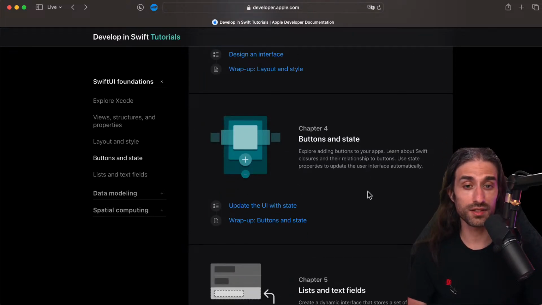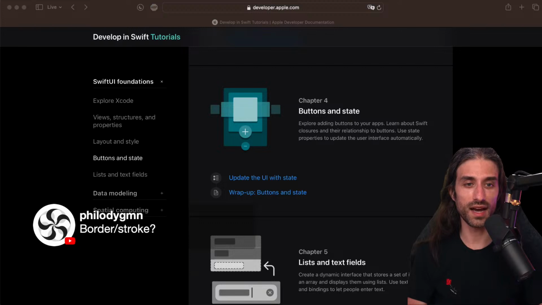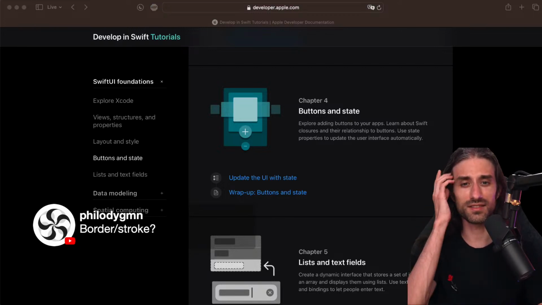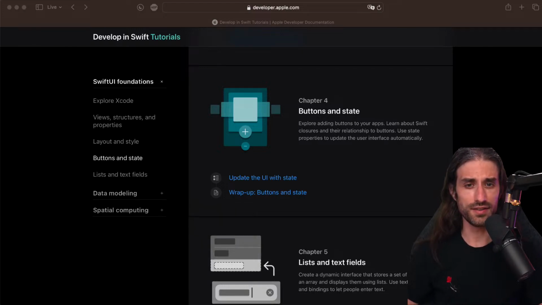Then in the previous chapter, we covered buttons and state. Oh, a great example: yes, adding borders and strokes. Yes, we covered that, and of course, I had already forgotten about it. But yes, adding a border or a stroke, or any kind of decoration around the text. In French you would say like dressing up the text. I'm sure there is a word for it, but it's basically everything that you put around the text. It can also be things like putting the first letter super big.